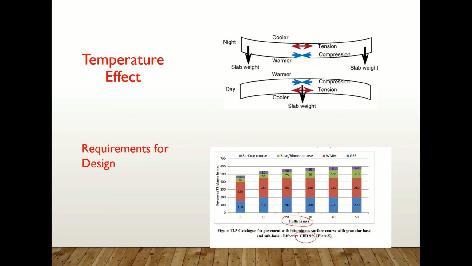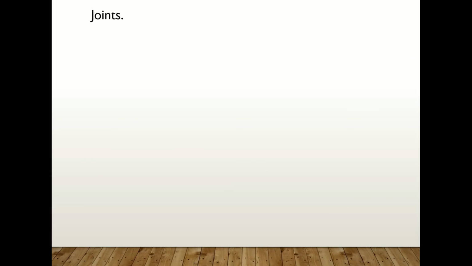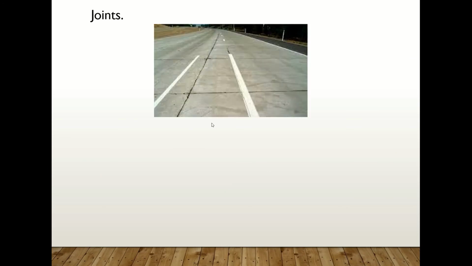I already prepared a video, you can have a look. So axle load spectrum is a very important thing in rigid pavement design. And then joints. Joints are not required in flexible pavement, joints are required in rigid pavement. Because of these joints, the load transfer will be beneficial in a rigid pavement design. But a bituminous road is a homogeneous structure, where homogeneous layers play a role.